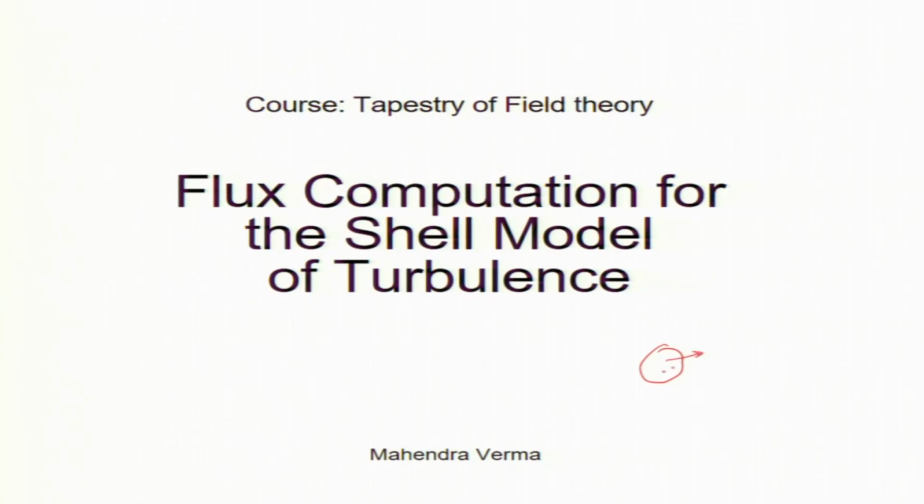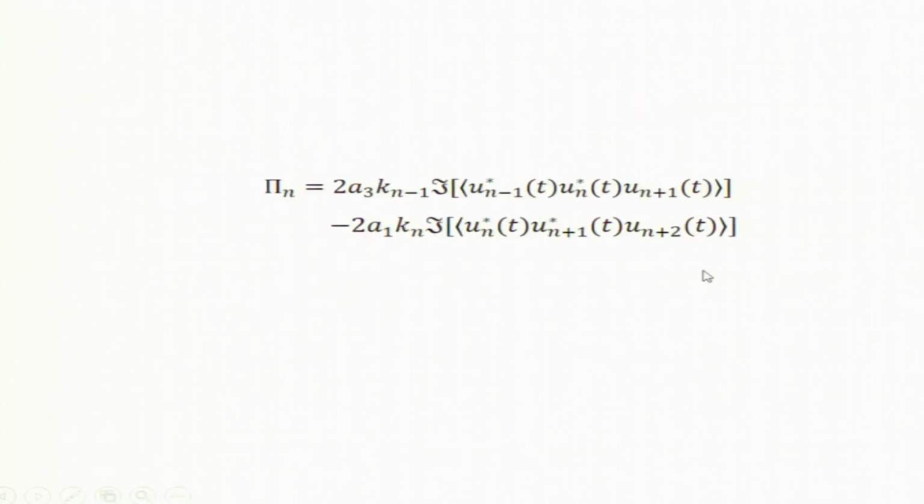So, the next is field theory of RG I did. Now, let us compute the energy flux. That is also an important quantity, which I told you about. Energy flux is energy coming out of the sphere of radius k naught. And it turns out we can do it using field theory, of course, to first order. So, there are approximations. I did not emphasize that, but I will tell you what first order is. Okay. So, you will just give me 1 minute, I will explain this flux calculation.